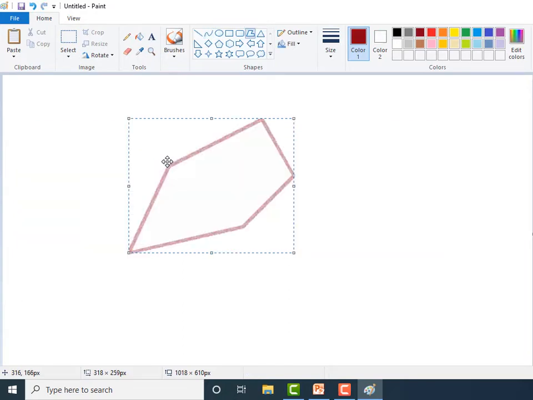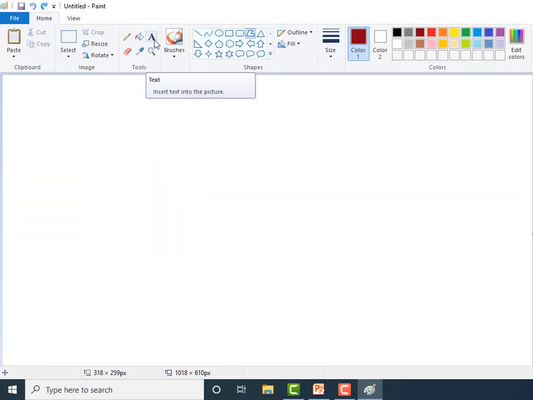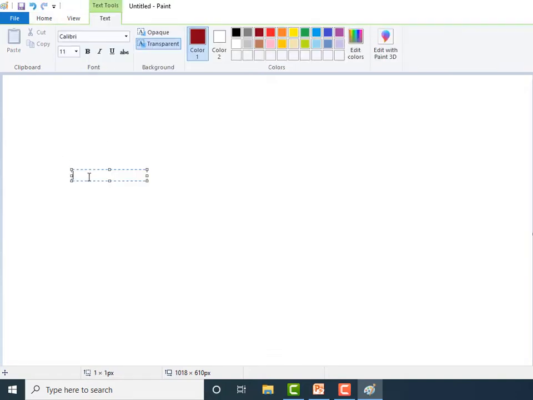Now we will see, children, text tool. This is the text tool. The text tool is used to enter text, letters, numbers or symbols in your picture. Children, to enter text in a picture, click on the text tool. This is the text tool. Click on this text tool. Move the pointer on the drawing area. The pointer changes to a cursor. Click the position where you want to enter text. I will click here.